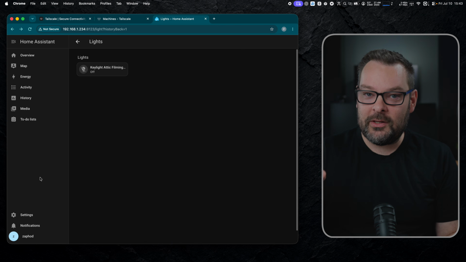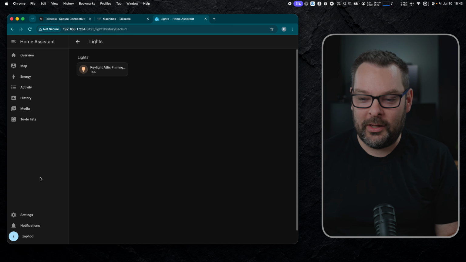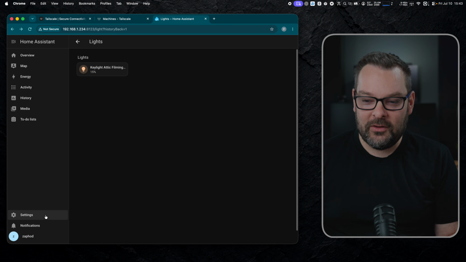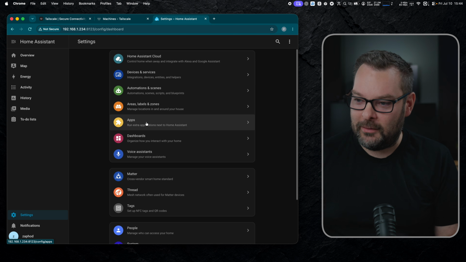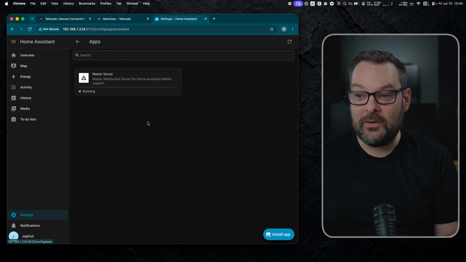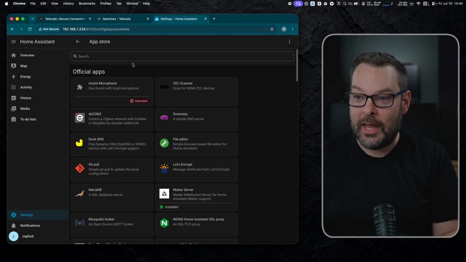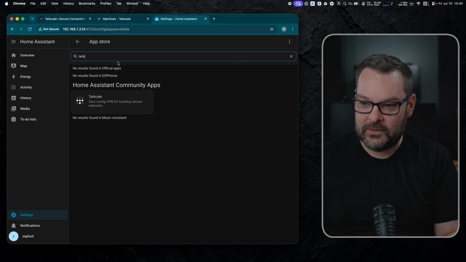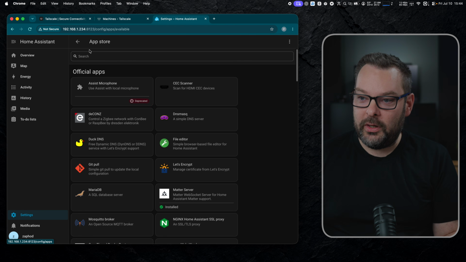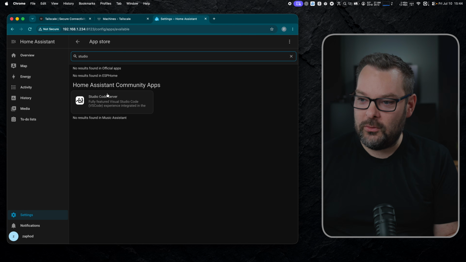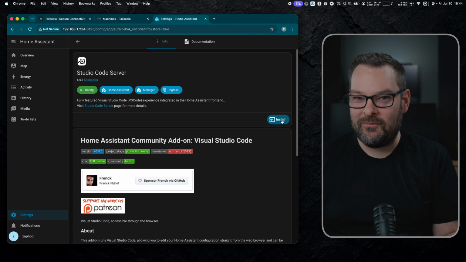But to connect this up to Tailscale, we do need to install a couple of plugins. So let's go down to the settings option right here, and then, well, they've renamed it apps in a recent update since I last covered this. So go to apps and then install two apps that we're going to need here. One is Tailscale. So let's go ahead and get that installing. And then the other one is Studio Code Server,